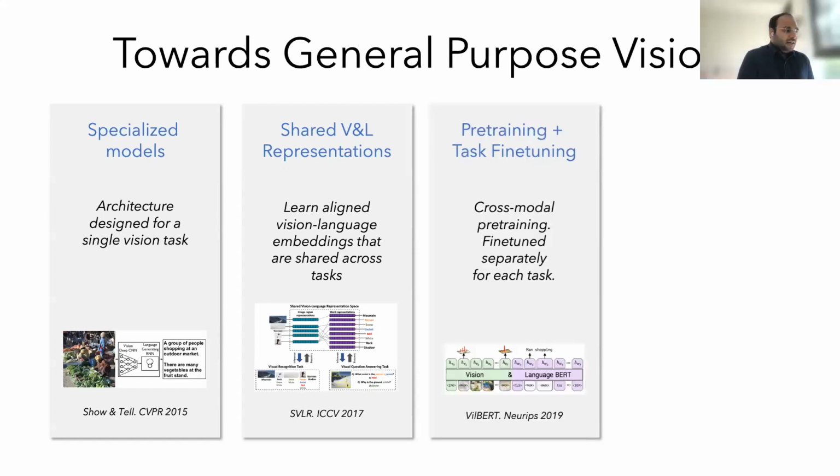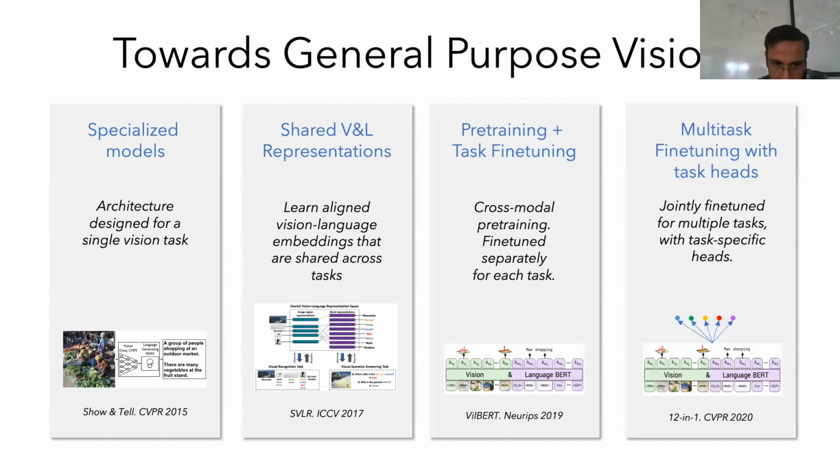Then around 2019, as transformers became popular, people started figuring out pre-training and fine-tuning strategies. The early days of that was you would do cross-modal pre-training, very similar to how you would do masked language modeling in BERT, but now on image captioning data. And then doing that at scale made the system very efficient at learning new tasks. So if you fine-tuned it for a VQA task, you would get pretty good performance very quickly. But at the same time, this was still a task-specific system in the sense that for every single task, you would have to fine-tune the pre-trained checkpoint on that particular task data.